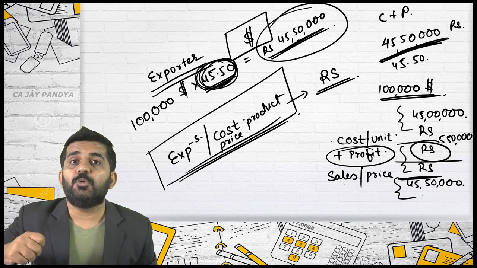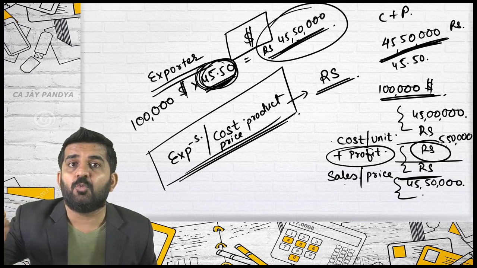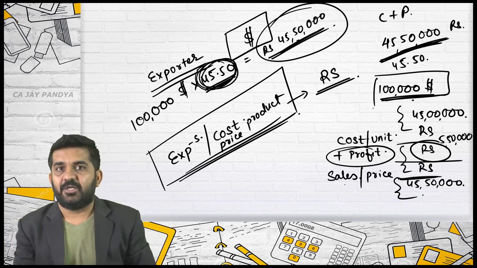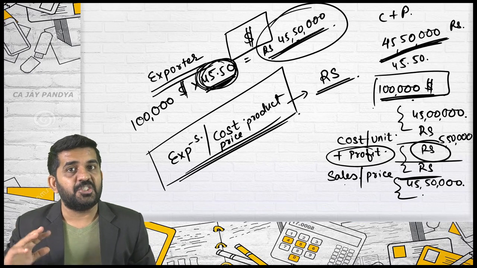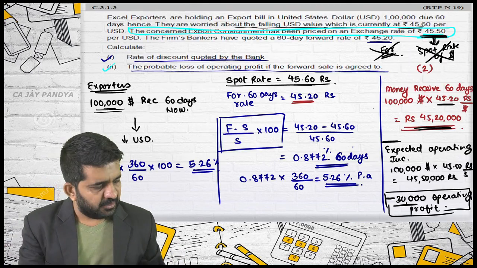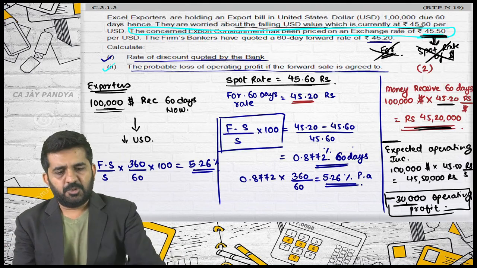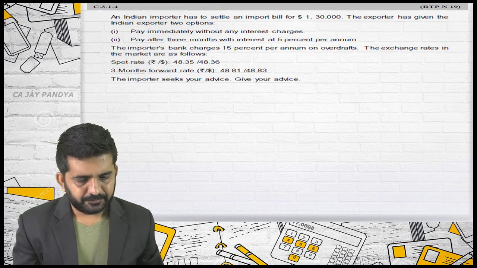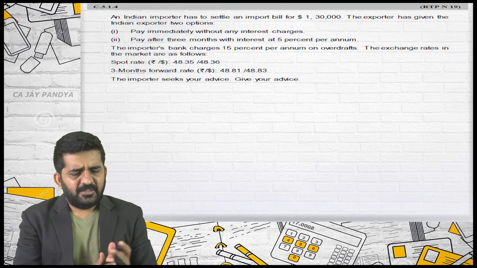This is the rate at which the quotation was given, the order was finalized, everything was finalized. What was finalized is $1 lakh. Now the rate has changed and so there is an operating loss of 30,000 rupees. Is it all? This was 3.1.3. This is again a good point.